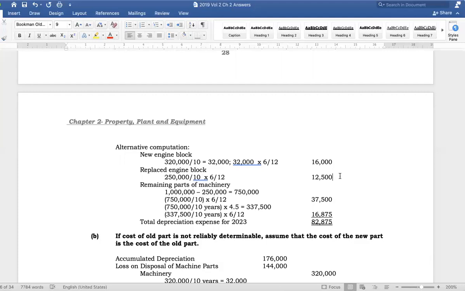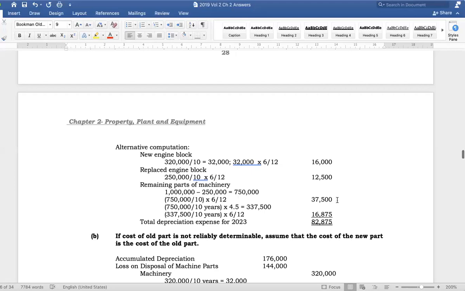On the remaining parts of the machinery for the first half, that is from January 1 to July 1, that is 1 million minus 250,000 because we are depreciating the remaining parts of the machine. So that's 750,000, but 750,000 is to be depreciated over 10 years times the first half of the year, so times 6 over 12,